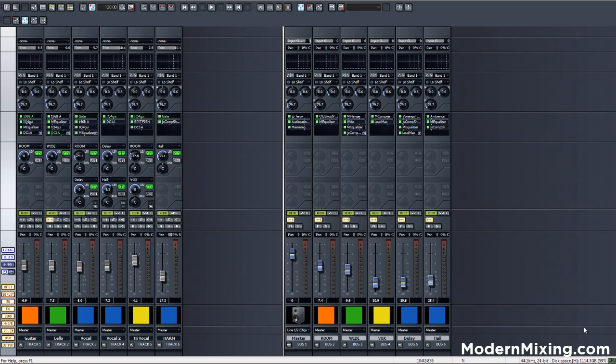Okay, so we need to set up the session here, and we need to get all these faders and everything lined up so that you can basically just input the plugins and then insert my presets. So in order to have everything lined up, first of all, you don't need to worry about the gain staging. You don't have to trim any of the sounds. I've done all that stuff for you. So once you load in the tracks,